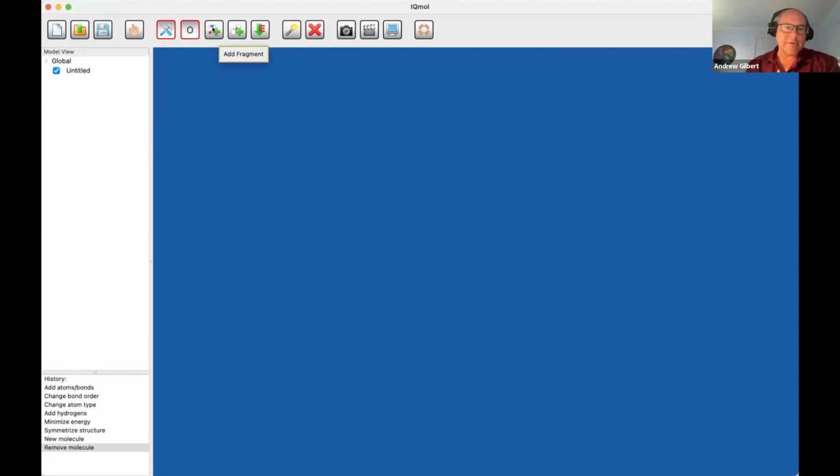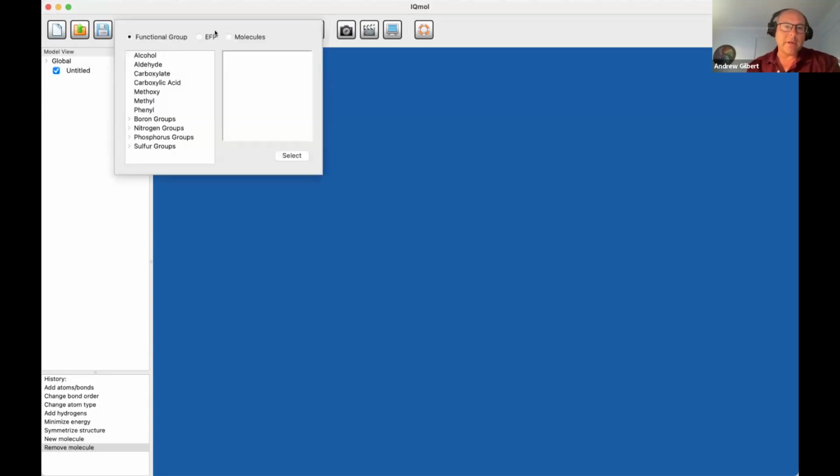So up here you can see there's, as part of the toolbar, an add fragment button, and if I click that, then I get a choice between functional groups, vector fragment potentials, or what we're going to use here, which is molecules. And you can see there's a range of systems that are all characterized here. We're going to be interested in the aromatics. We're going to start with anisole here. So if we select that,